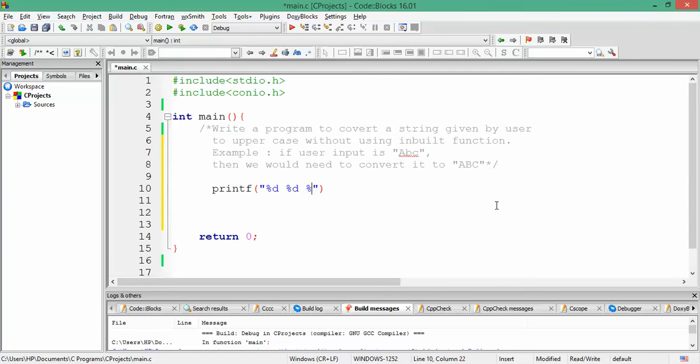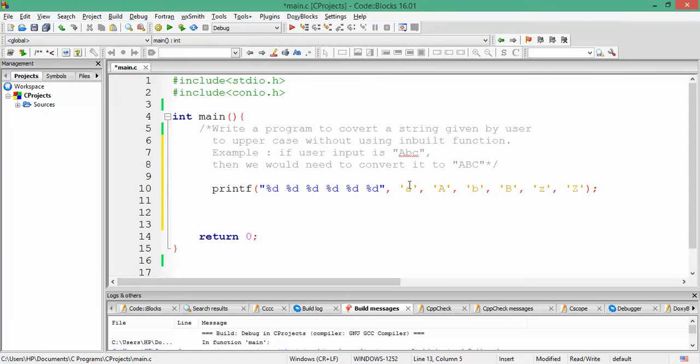I just print on the console the ASCII values of small a, capital A, small b, capital B, small z, and capital Z. Small a, capital A, small b, capital B, small z, and capital Z. Let us run it and see.